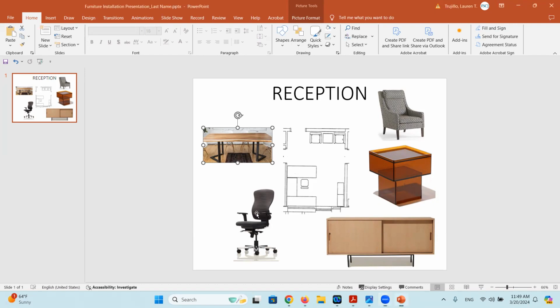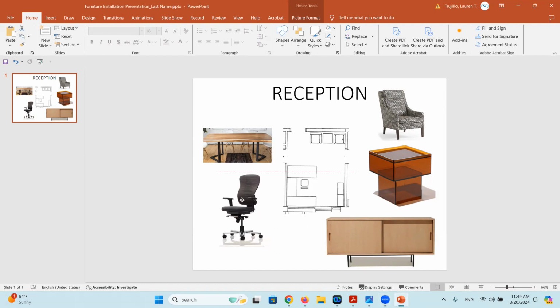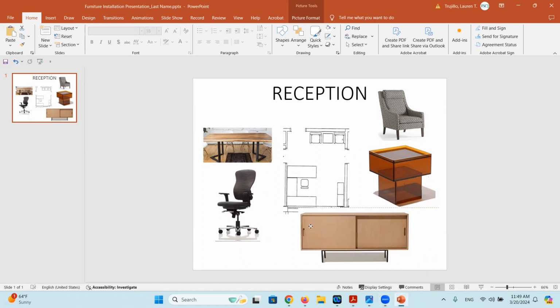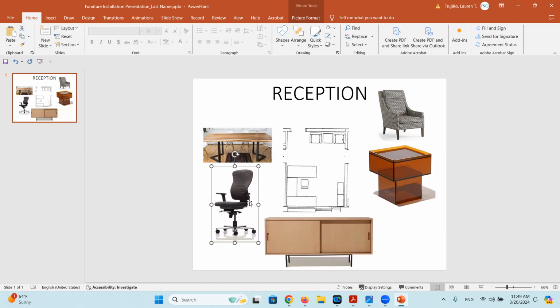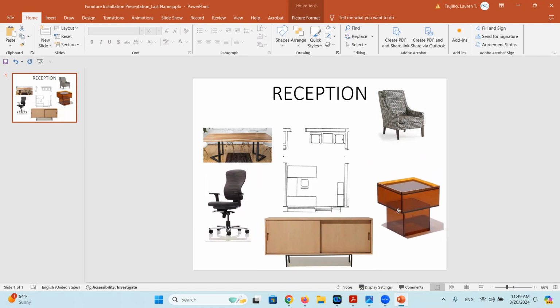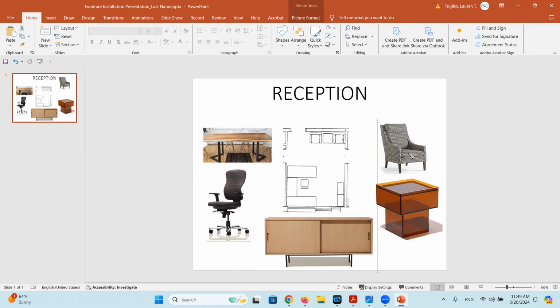And so I'm going to just make a couple of adjustments first. I'm going to adjust the locations of some of these images to make it a little bit more refined. Now, again, maybe no one's going to care about this, but if we're going to make a presentation and we're going to have it come from our office, we want to make sure that it looks as nice as possible. You never know who's going to see the work that you produce if you leave it on a job site, so might as well make it look good.